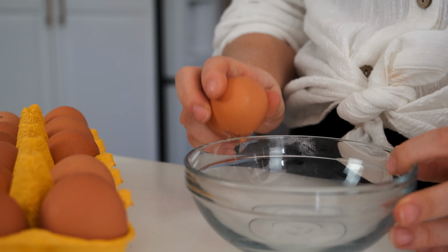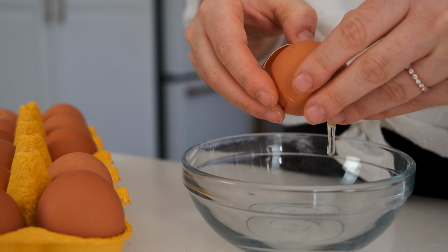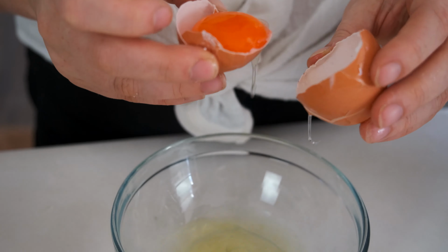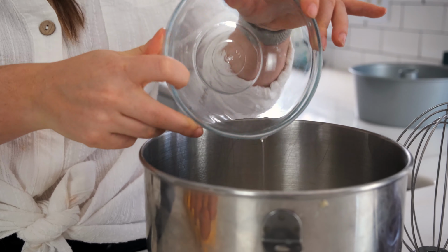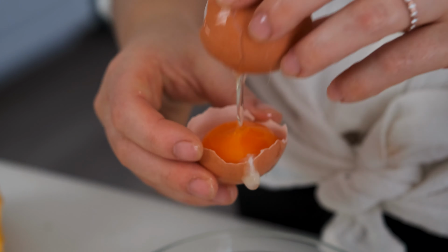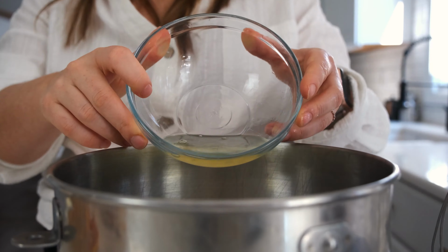Don't let a drop of egg yolk into the mixing bowl because any lingering fat could prevent the egg whites from forming peaks. I always crack the egg individually over a separate small bowl, then add the whites one by one to the mixing bowl. This way, if your yolk breaks, it doesn't break directly in the mixing bowl and ruin the rest of the